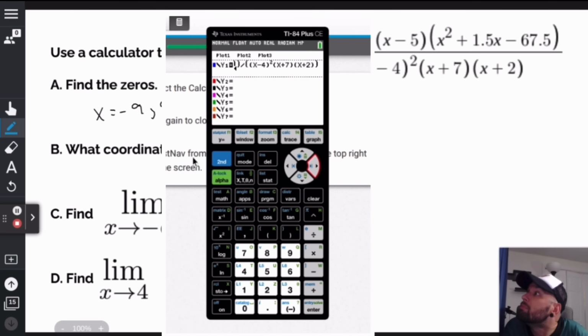Now, here's the thing. You might be thinking, well, why don't we plug in -2? Well, if I plug in -2 into this denominator here, it's going to be undefined. Let me demonstrate that. Hit second trace and go to value. This allows me to find the exact value if I type in -2. So -2, enter. See how it says y equals blah? That's because there's no value. So since I can't plug in -2, let's plug in